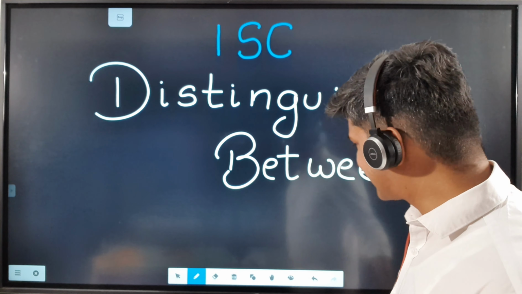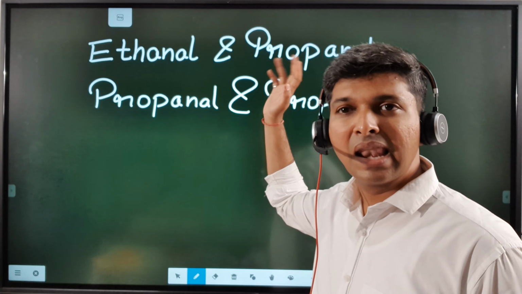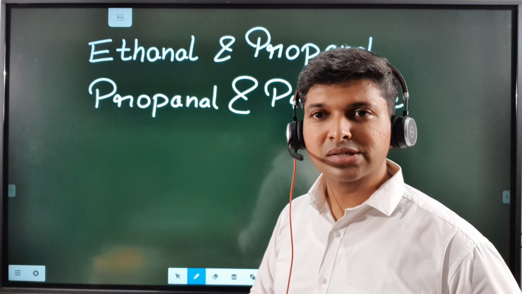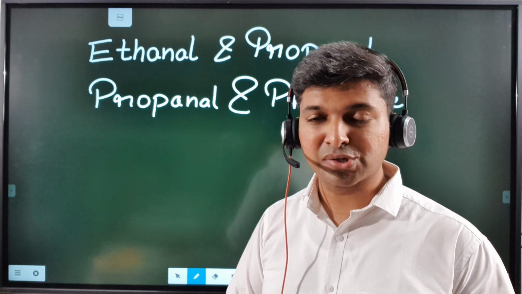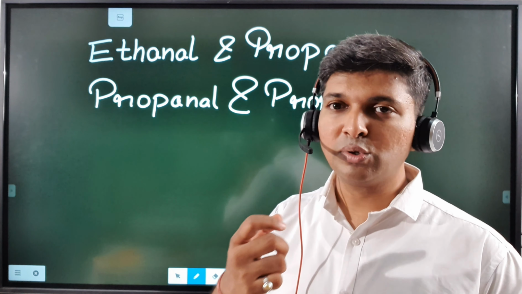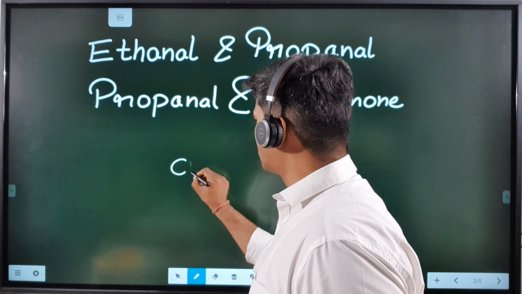So for your SEM-2, we are having, say for example, ethanol and propanol. Now, how will you distinguish between ethanol and propanol? That's the question. Here you need to look at the structures. First thing is you need to draw the structures. So here you draw ethanol,